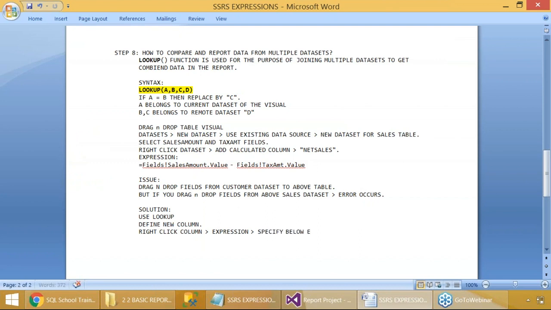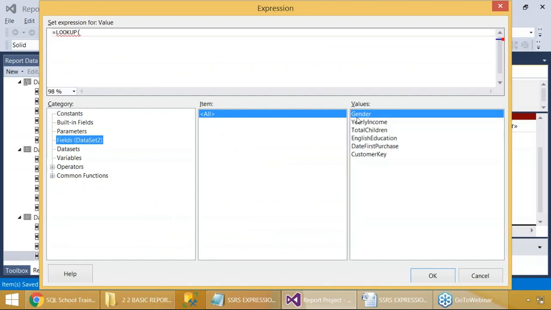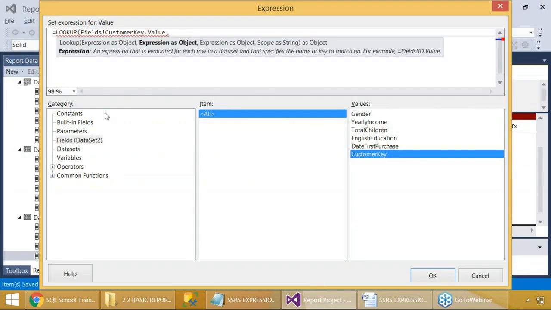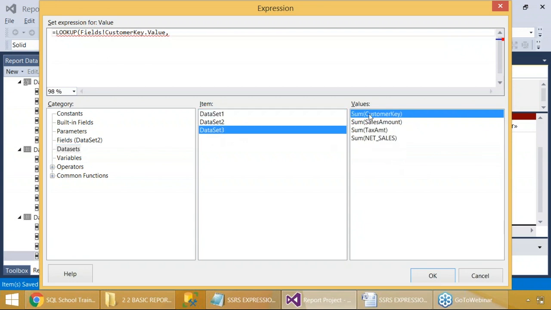Specify the below expression. Lookup of, remember the ABCD formula. Customer key, comma, with, here it is, friends, dataset customer